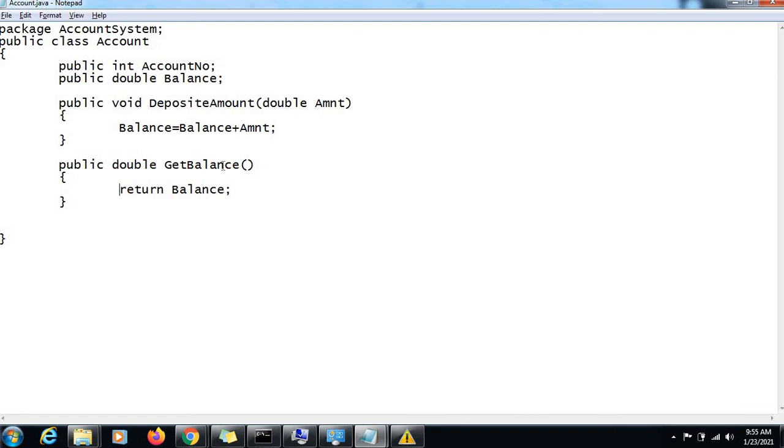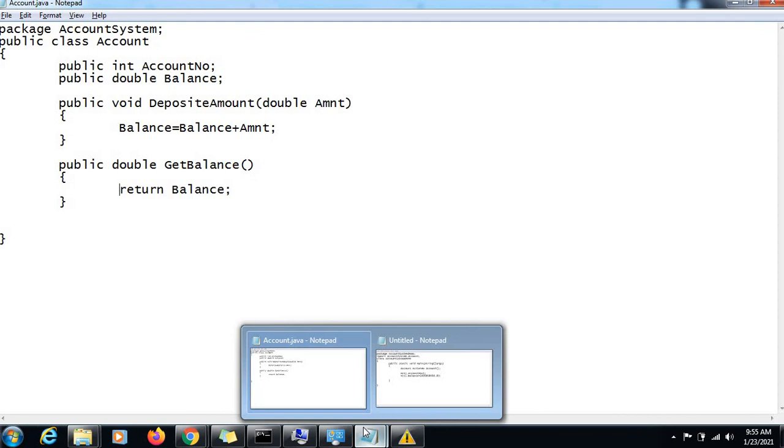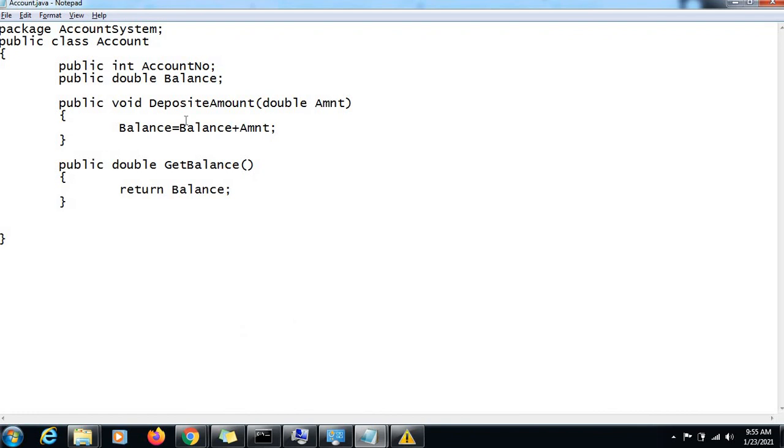That is the only legitimate way you can modify your balance, isn't it? And account number you should not be able to set after creation. At the time of creation only, the account number variable gets the value. After that there is no possibility of setting any value to the account number.